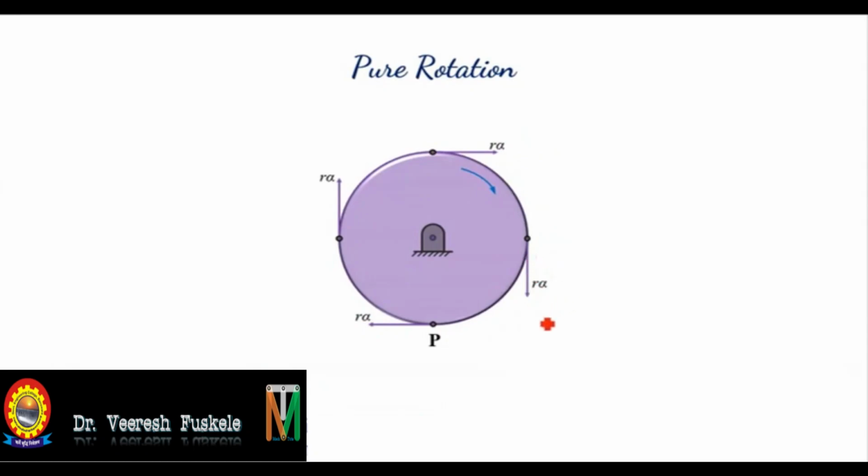And as we discussed in the video of acceleration analysis, any body will be having two components of acceleration. One is the tangential component and the other is the centripetal component. The direction of the centripetal component is towards the center of rotation. So each point will be having the centripetal acceleration component also, as shown here, which will be equal to omega square r. So the net acceleration at each point will be in the shown direction. So this will be the direction of net acceleration.